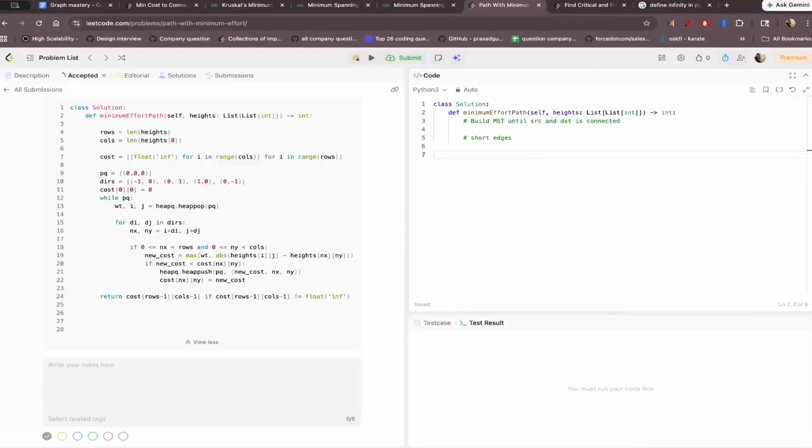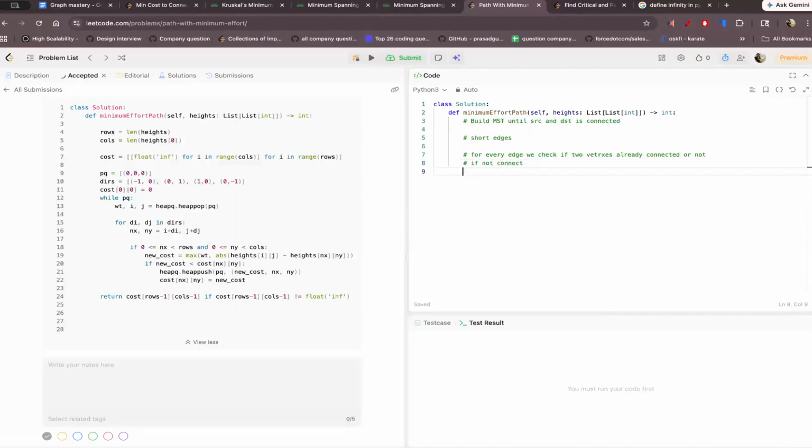Then for every edge, we check if two vertices are already connected or not. If not,